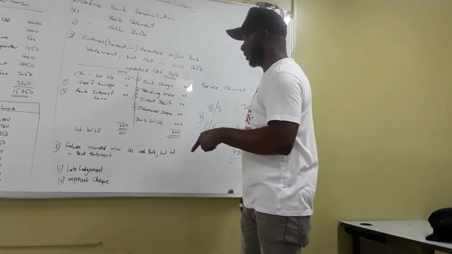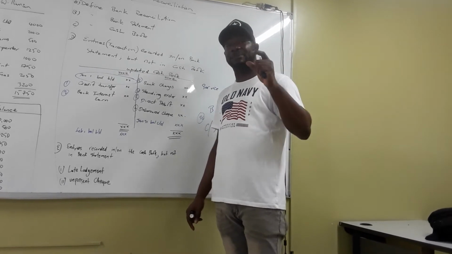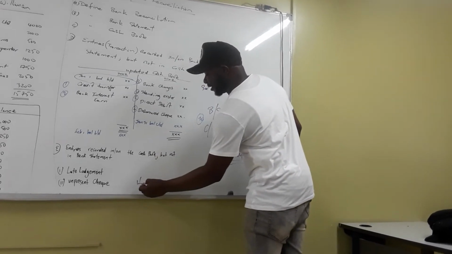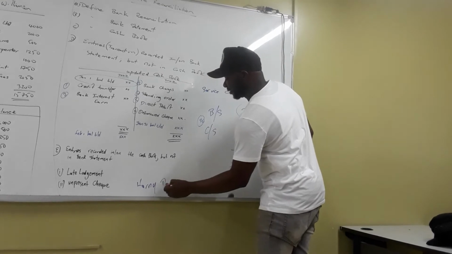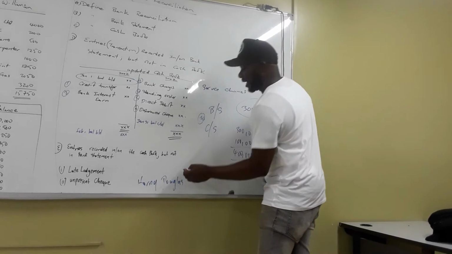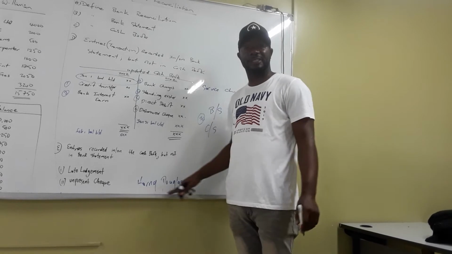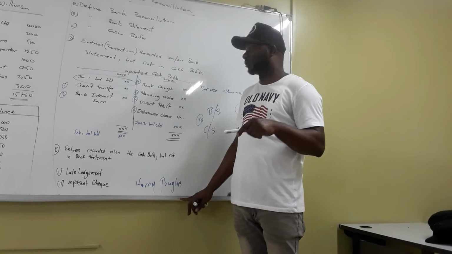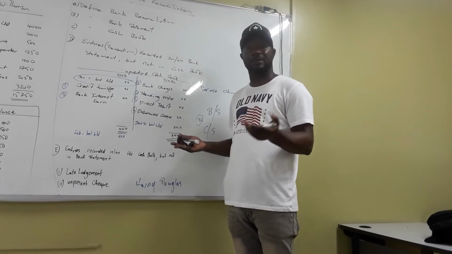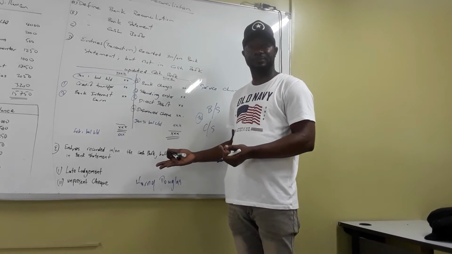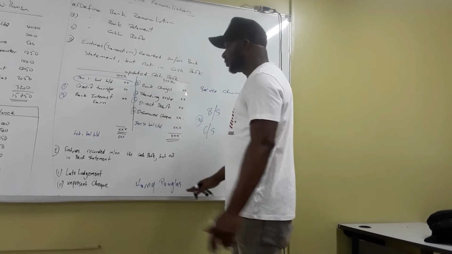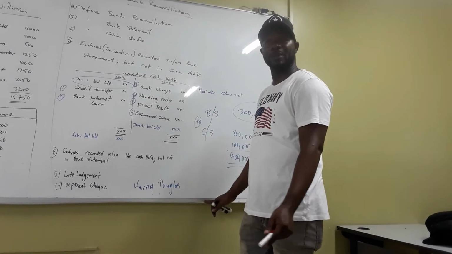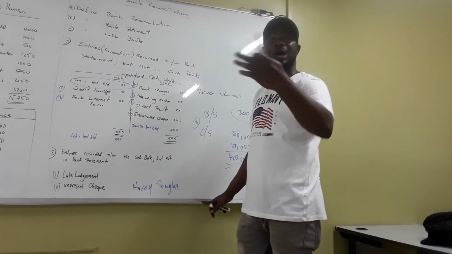Now, if you remember, we said earlier that a check has a lifespan of what? 6 months. So it therefore means that if you write out a check to Harry Douglas, you have 6 months to change that check. But what is going to happen here? When you write out a check to Harry Douglas, your cash book will automatically be updated because you're going to balance off your cash book at the end of the month. Now, if Harry Douglas doesn't take that check to the bank for the next 2 months, it therefore means that the bank would not be aware